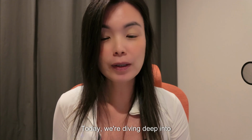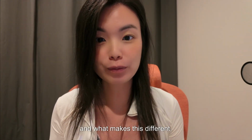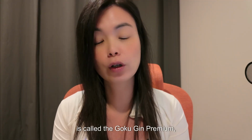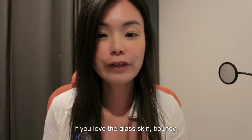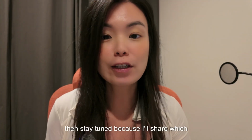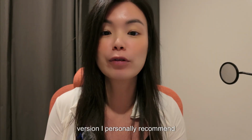Today, we're diving deep into why this is so popular and what makes it different, and also the secret upgraded version, which is called the Gokujyun Premium, which might even be better. If you love the glass skin, bouncy, hydrated look, then stay tuned, because I'll share which version I personally recommend